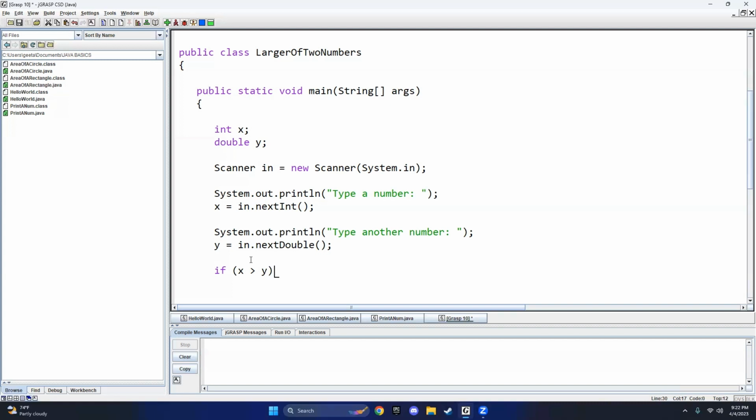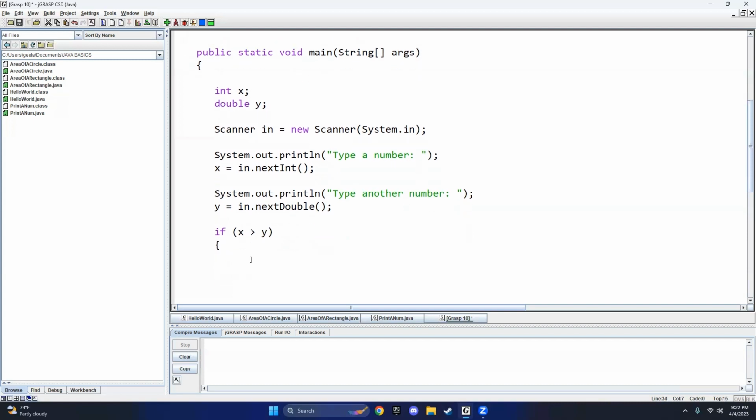If x is greater than y, then we enter over, open brackets, close brackets, and in the middle, we tab over and we do our system statement. So System.out.println("x is greater than y");